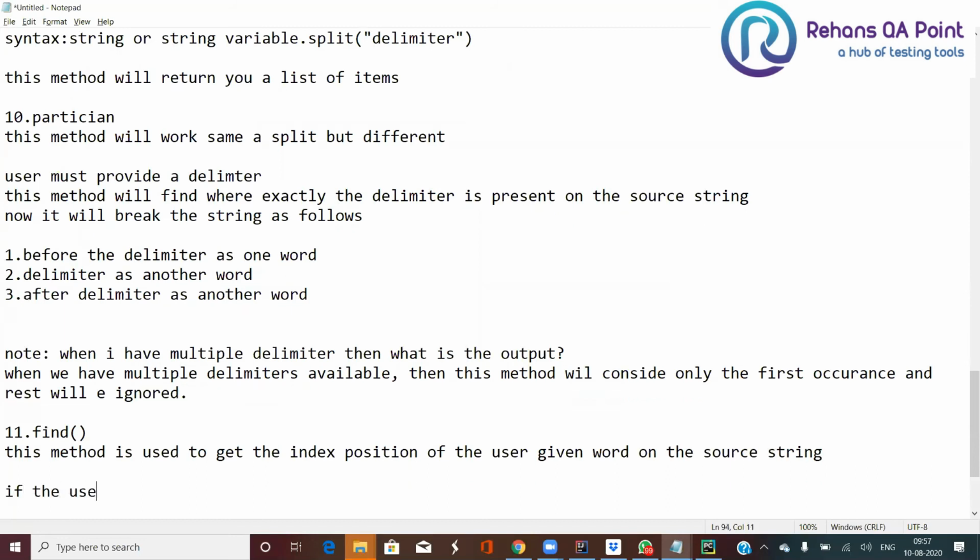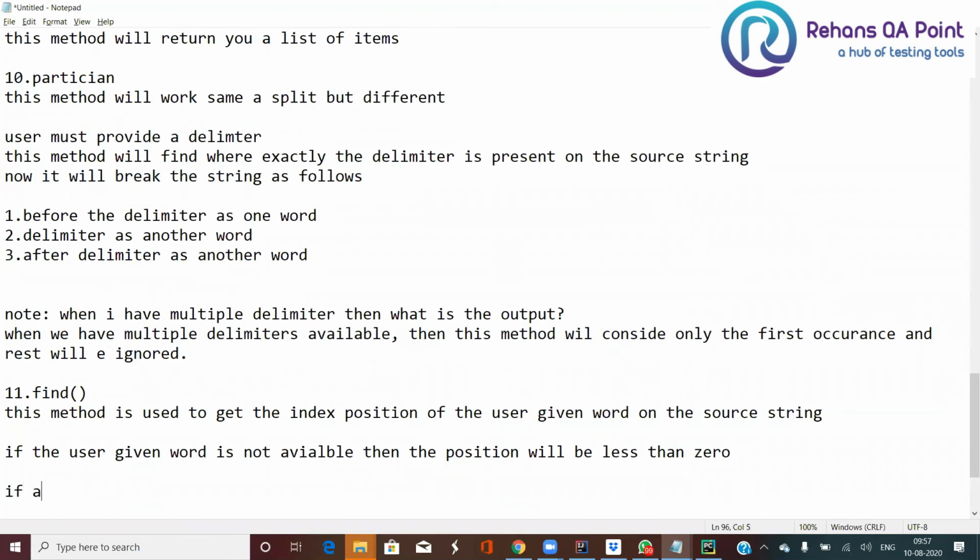If the user given word is not available, then the position will be less than 0.